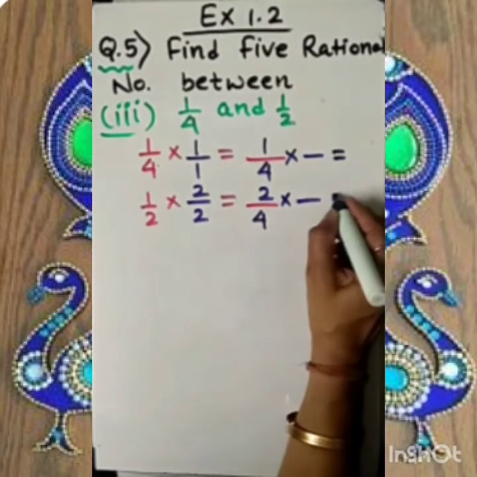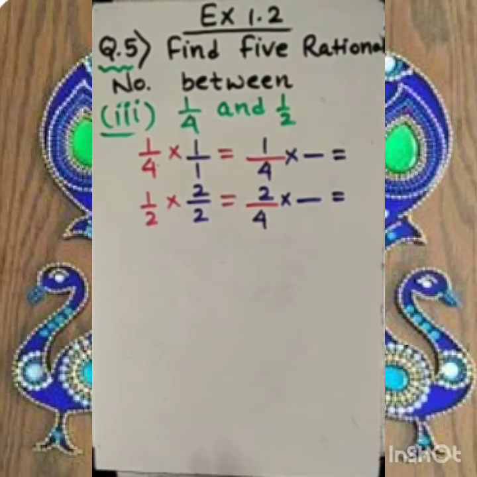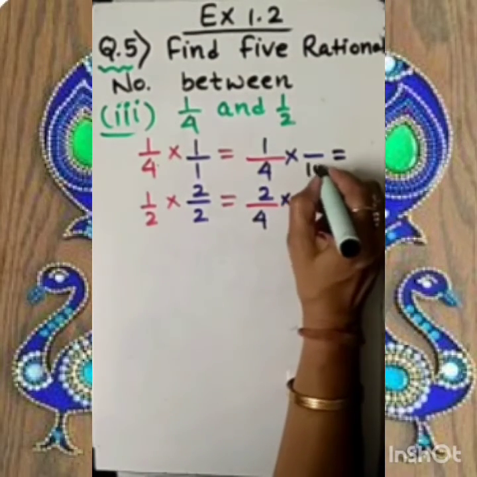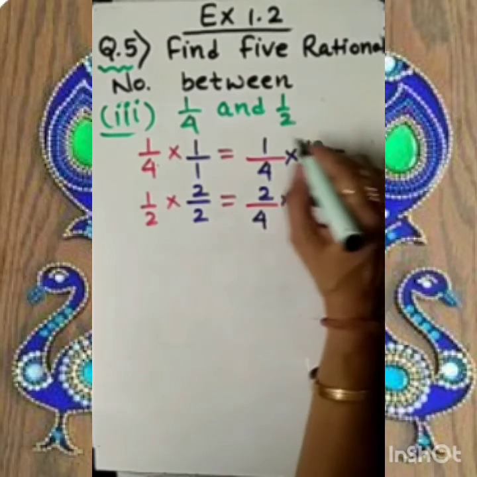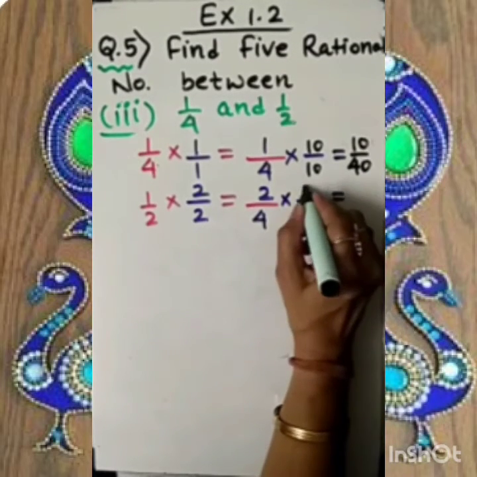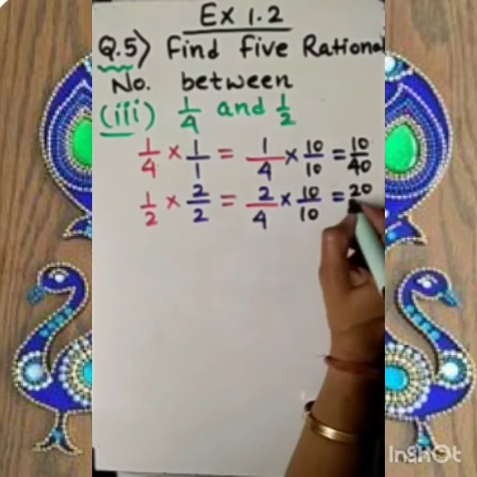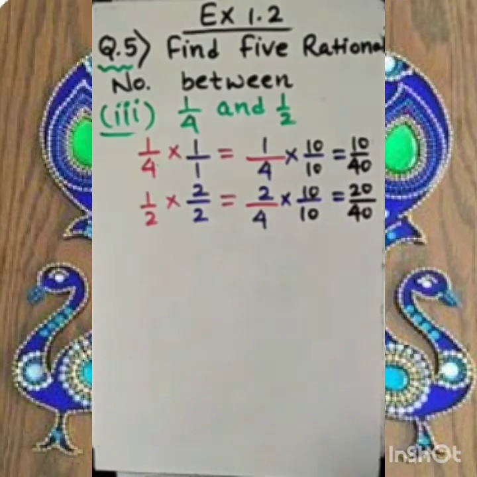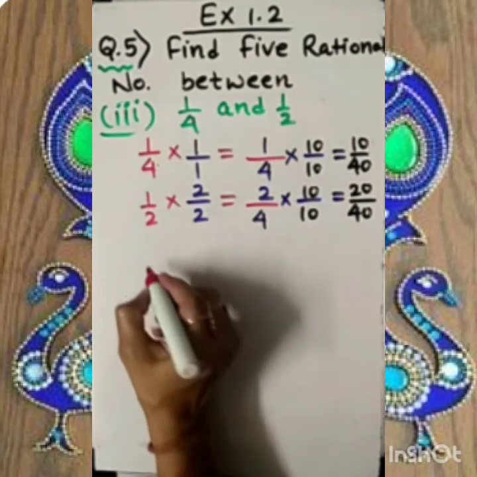Okay. In such a case, we need to extend a little bit here. So we need to multiply and divide by 10. 10 1 ja 10. 4 10 ja 40. With the same number here, 2 10 ja 20. 4 10 ja 40. So between 10 by 40 and 20 by 40, there are 9 rational numbers which we can mention. So far there are infinite rational numbers, okay. But here, as we want to mention it, let's choose 5 rational numbers.